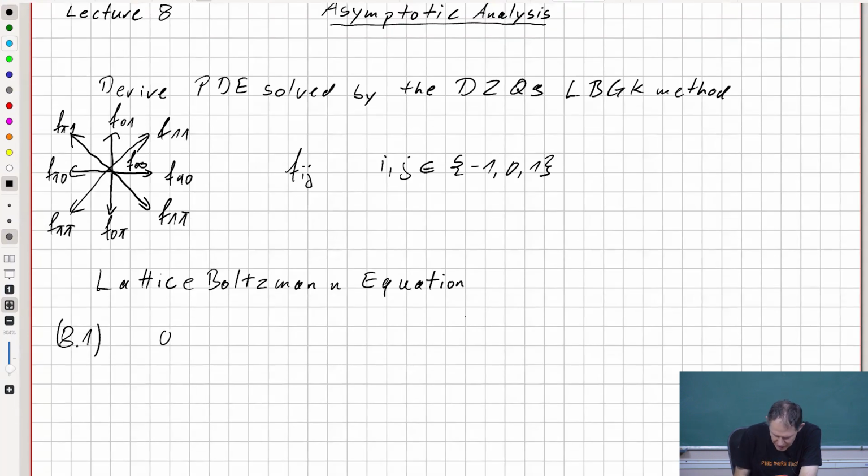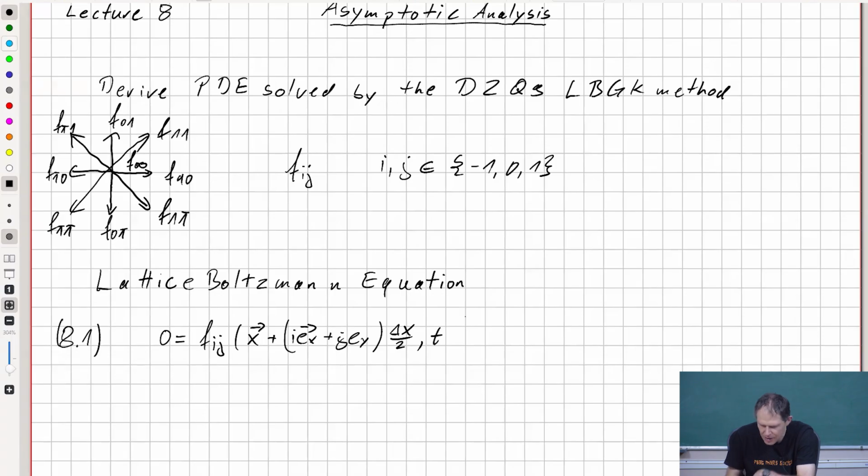So this equation looks like this. We put everything on one side. So 0 is f_ij, this is the before-collision state, at x plus i e_x plus j e_y, and this we multiply with a half step in space, delta x half. And we have a half time step, plus delta t half. So we store our populations in between lattice nodes and in between time steps. So this is the pre-collision minus